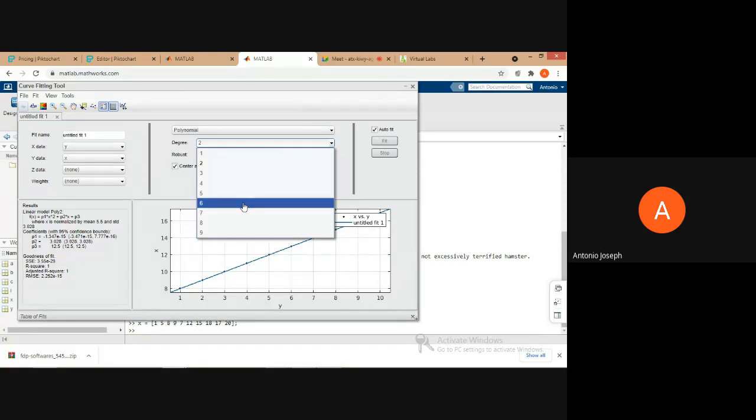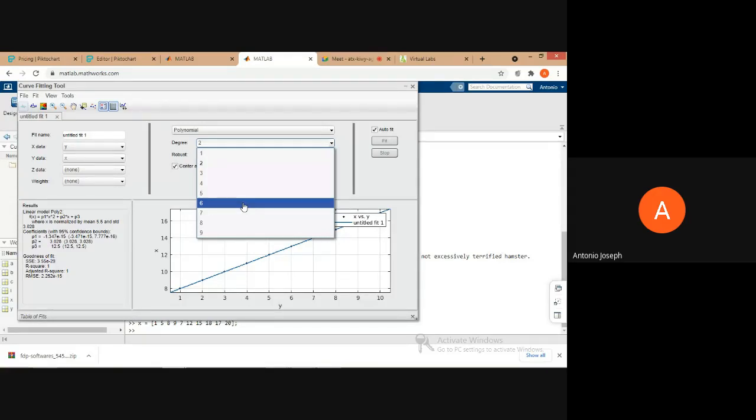In our case, the values mostly look like a linear one. That's why we are creating the linear equation, or at most we can go for a 2-degree equation. That will be enough. But in some cases, we need to go for a higher degree, or some other type of equation can also be provided for creating curves that fit the data.